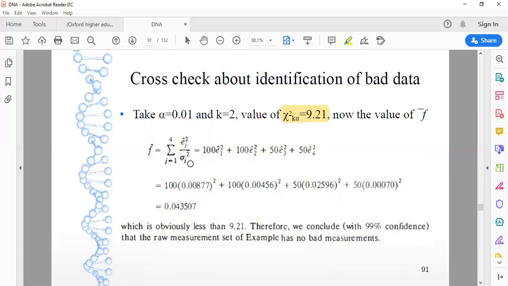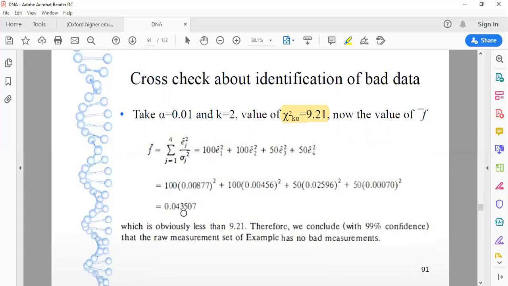So over here, instead of the square of the standard deviation, we substitute the value of W. W1 and W2 are 100, and W3 and W4 are 50. So it is 100 into E1 square, plus 100 into E2 square, plus 50 into E3 square, plus 50 into E4 square. If we substitute the values of E1, E2, E3 and E4,